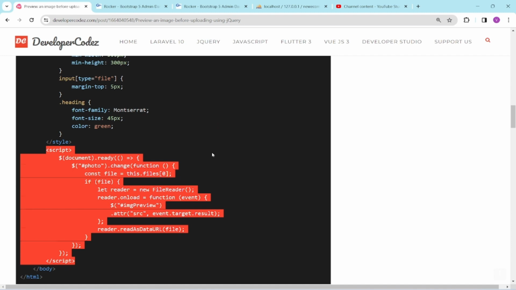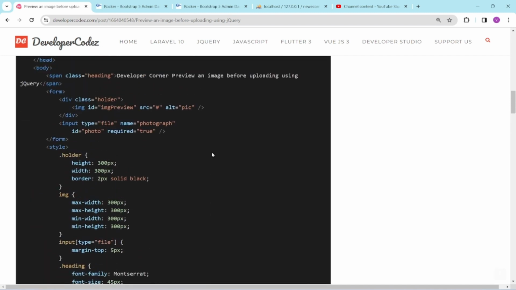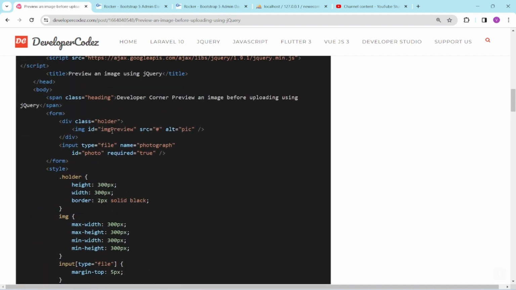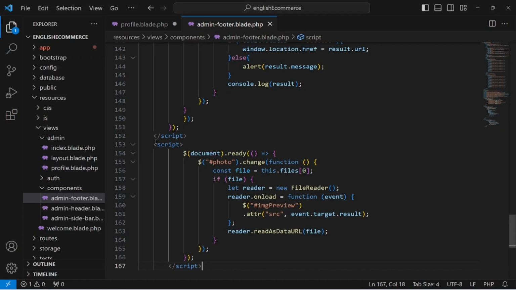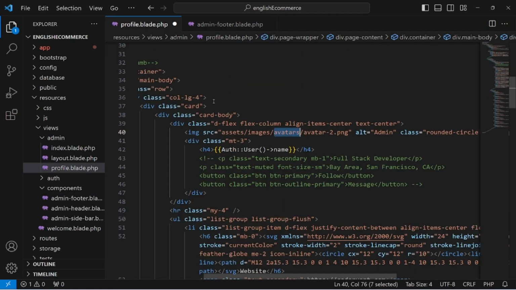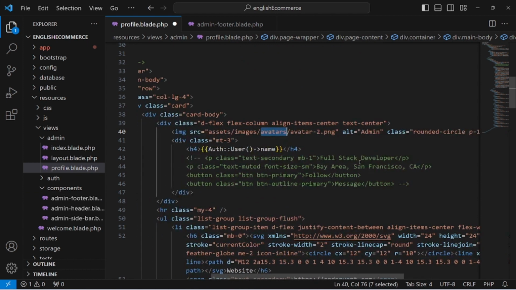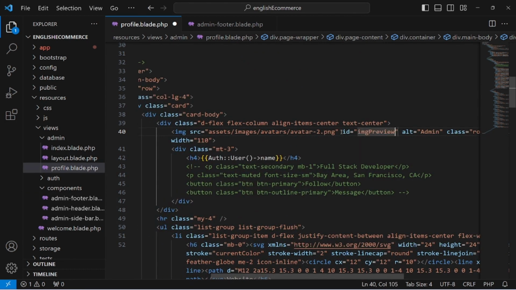So after that, okay, now where we have to show the image, the ID should be image preview, and the file input type file should be ID is equal to photo. So just copy that, and where we have to show the preview of the image, just add this ID is equal to image preview,